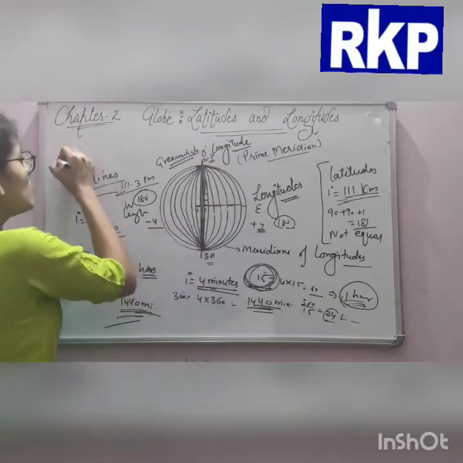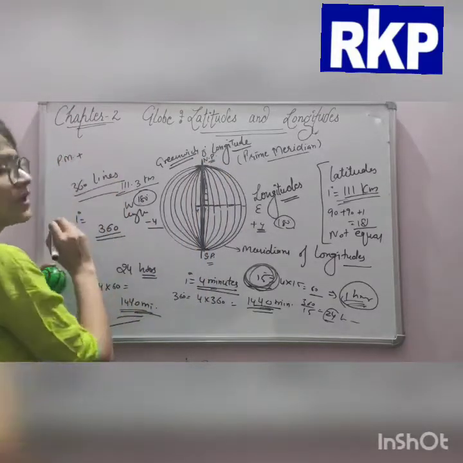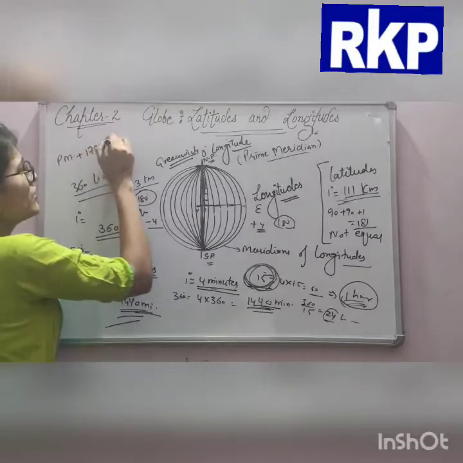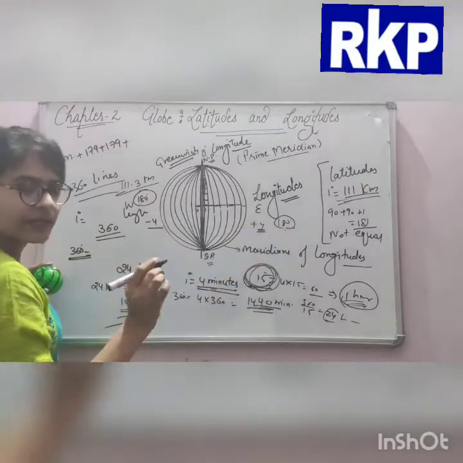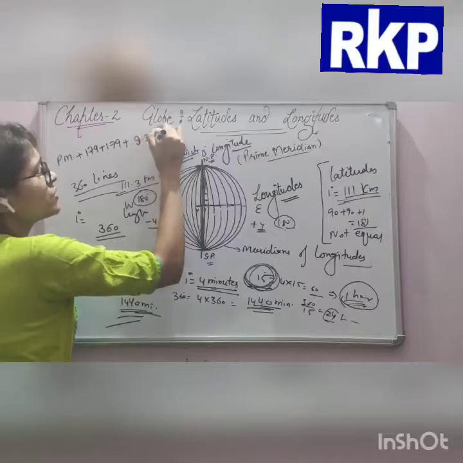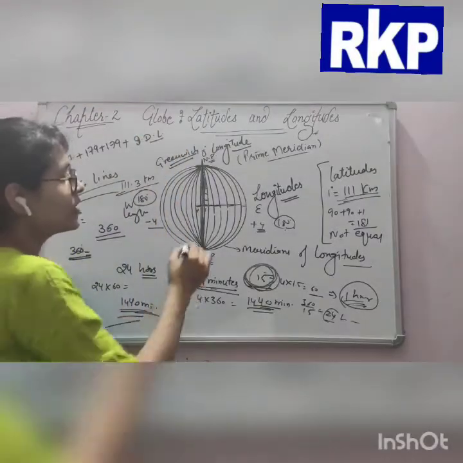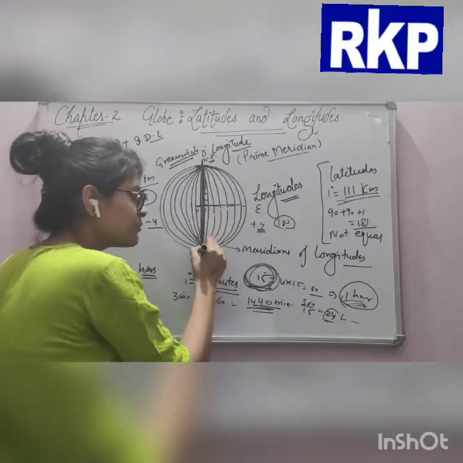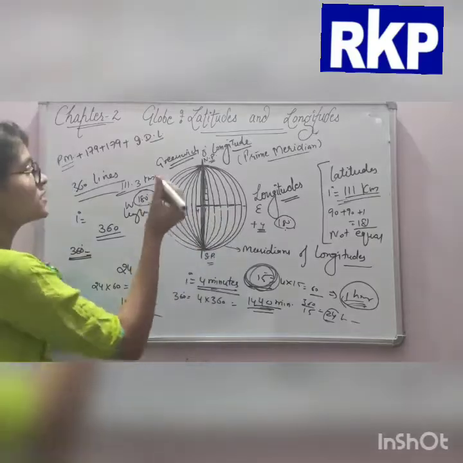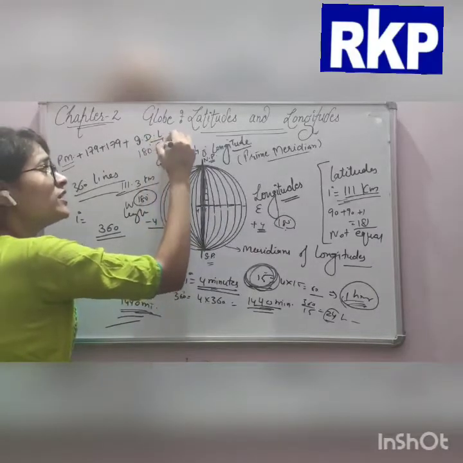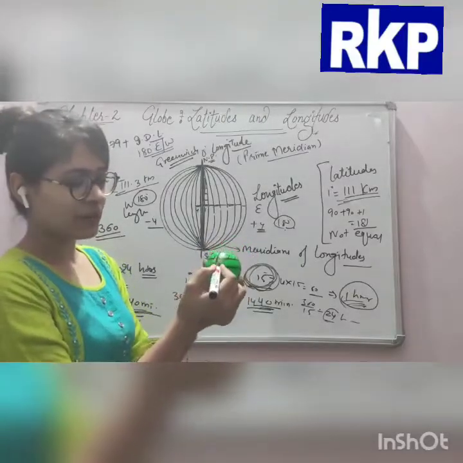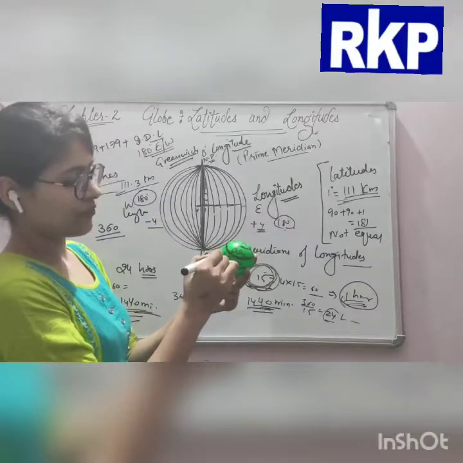Now there is the prime meridian and there are 179. I told you 180 now. So this is 1, and the next is the international date line. The prime meridian we took separately, and the international date line will be 180 degree east and west as well. So this was the prime meridian line. From here we went, 179 was till here.